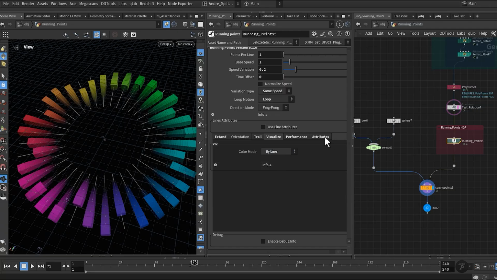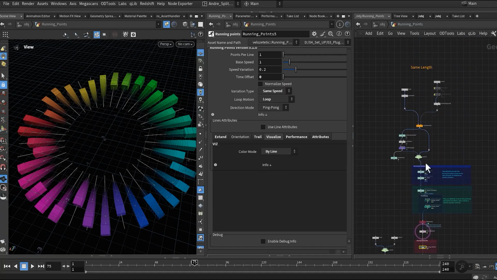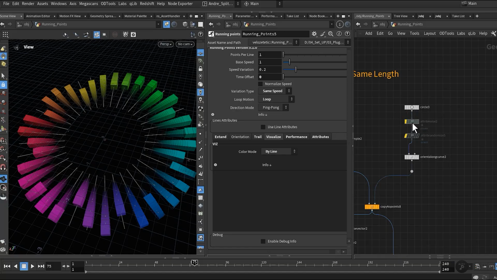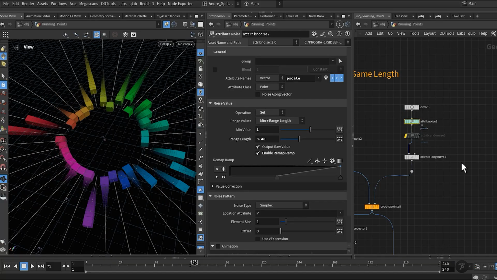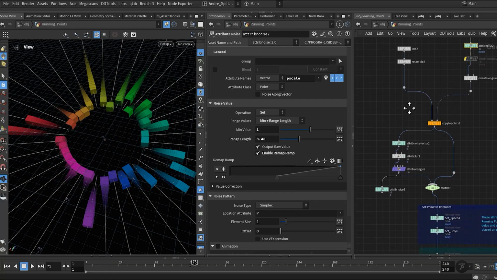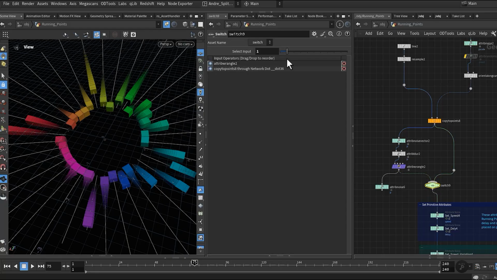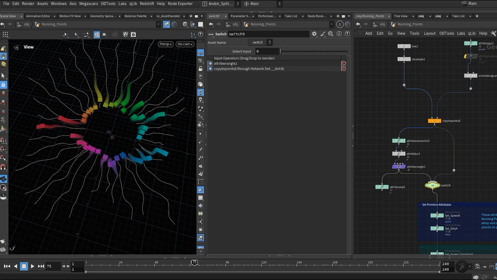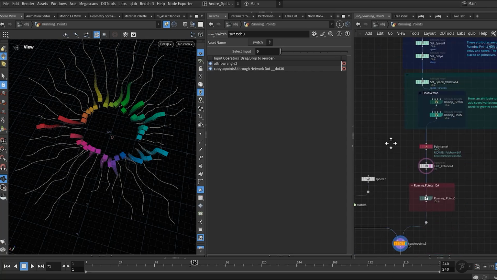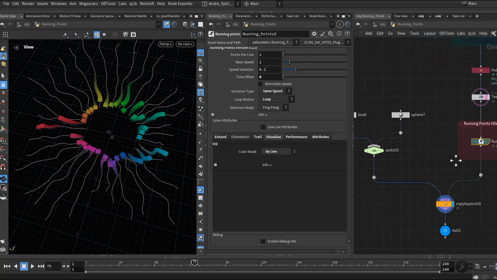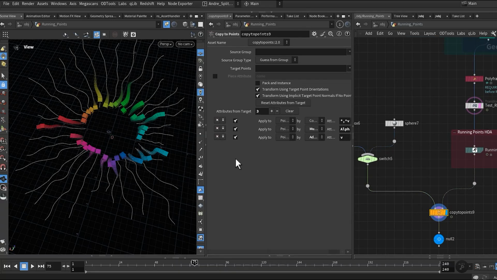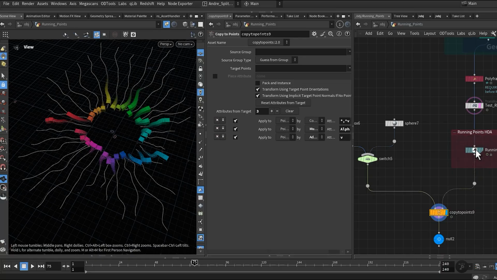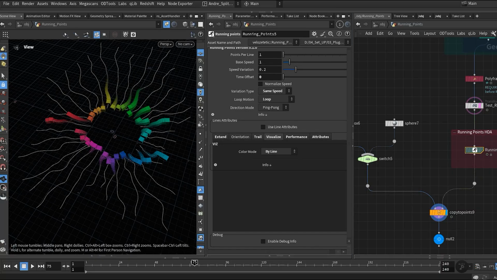By line, just to make it more interesting.